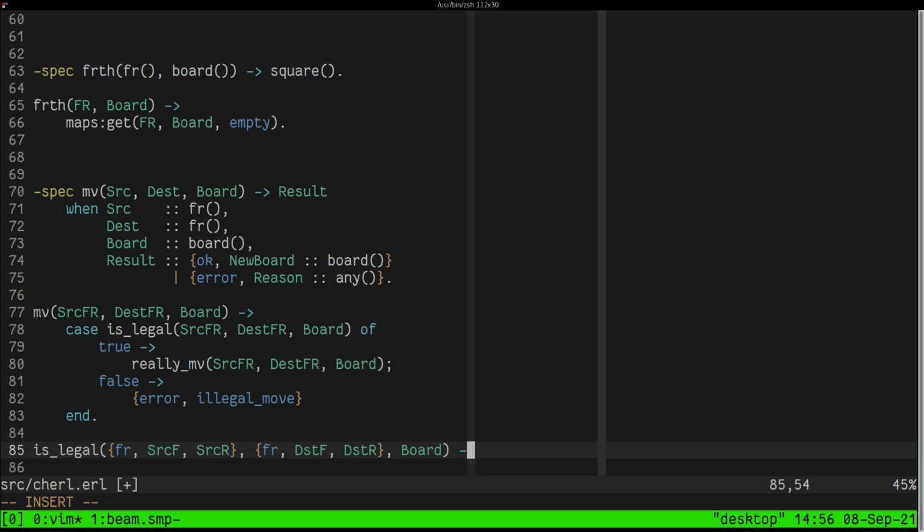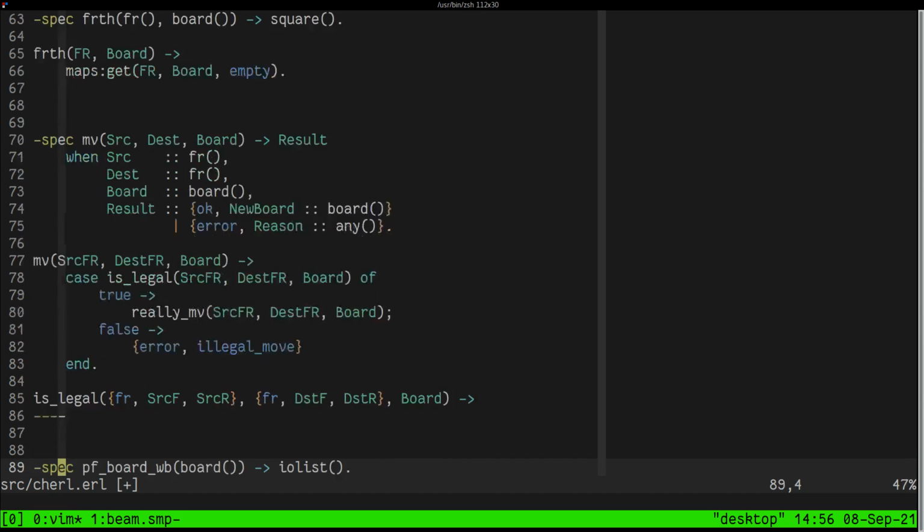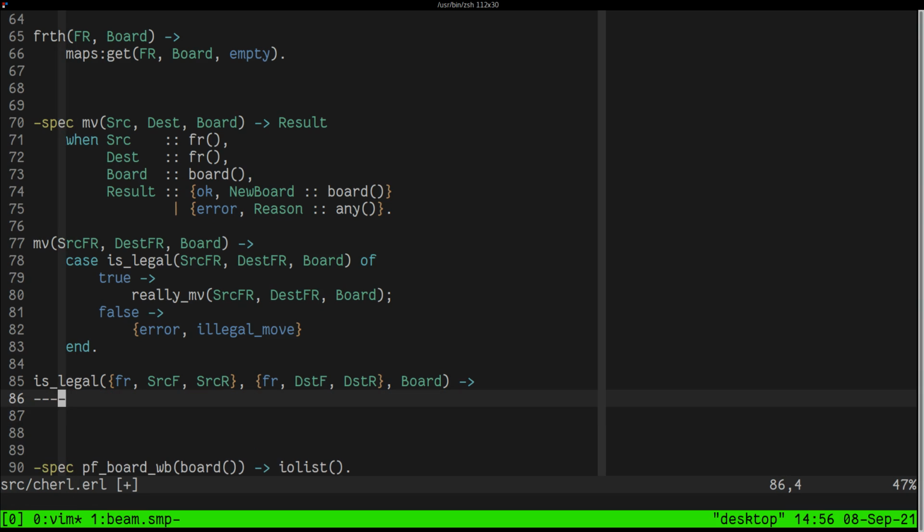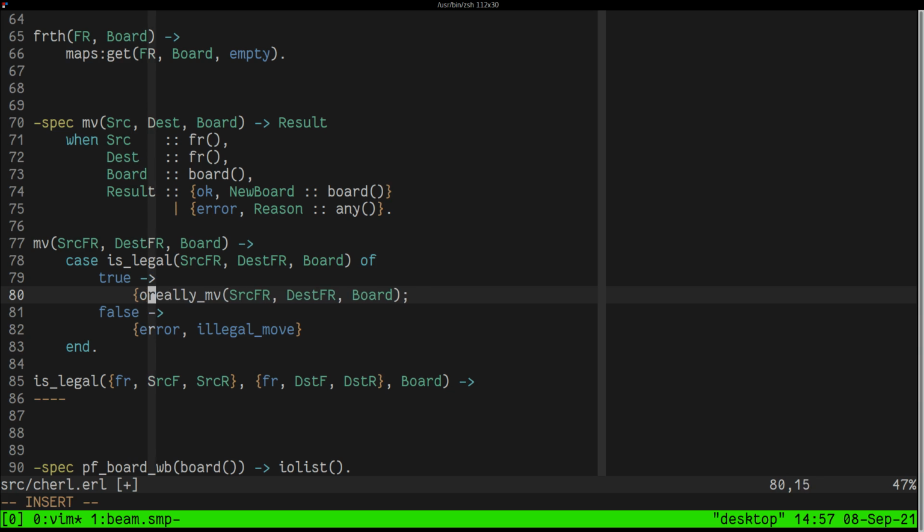And then there's other information we're going to need, like when we do en passant or castling, and there's all sorts of weird quirks to the chess rules, and so we will handle those as we need to. But for now, we're just going to not let you move a piece outside of the board. Okay. And in fact, okay,